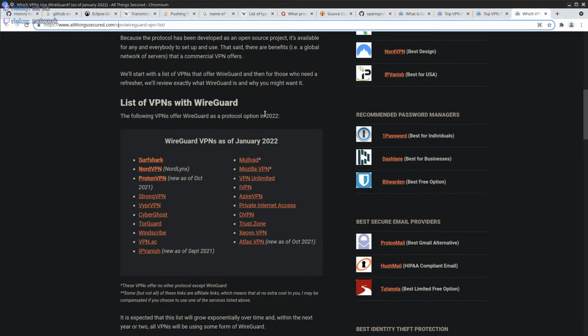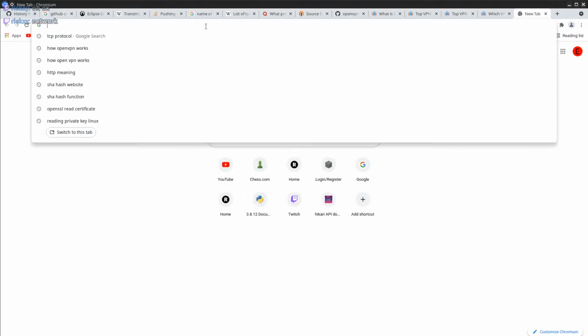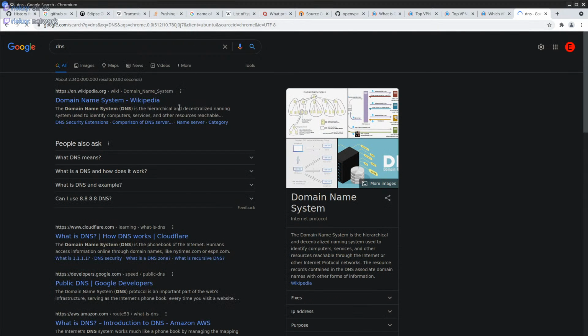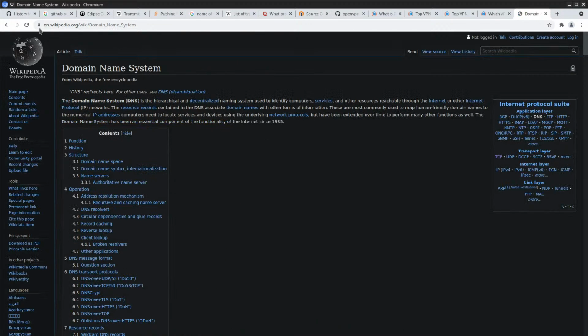There's something called DNS calls. So DNS, I'm sure you should know what DNS is at this point, but it stands for domain name system. I always called it service, but this basically is a bunch of servers that keep track of which IP is associated with which website.